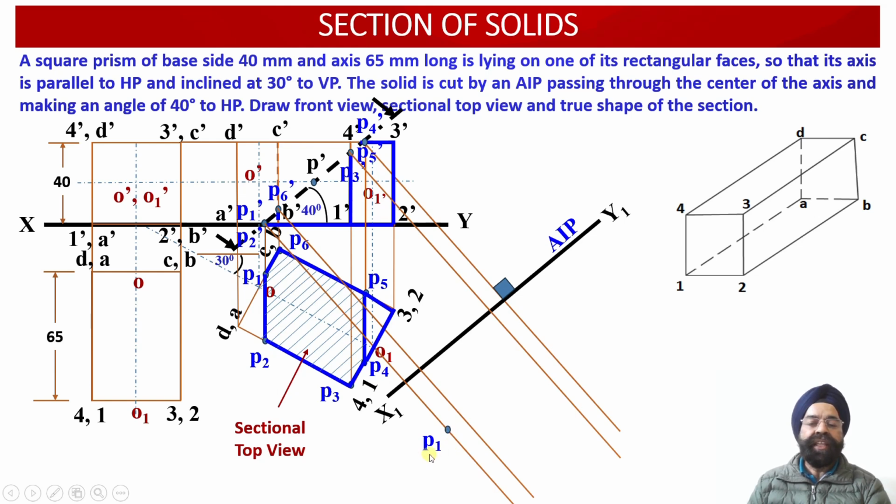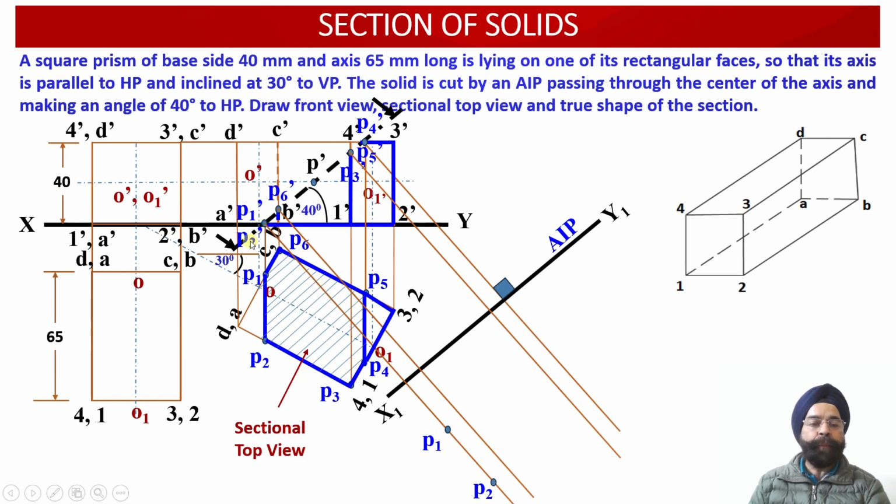So this way the location of the point P1 in the auxiliary plan projection view has been obtained. Now the next point happens to be P2. Again we are going to measure the distance of the XY reference line and point P2 over here. And once we measure the distance of the point P2 from the XY reference line, now we have drawn this